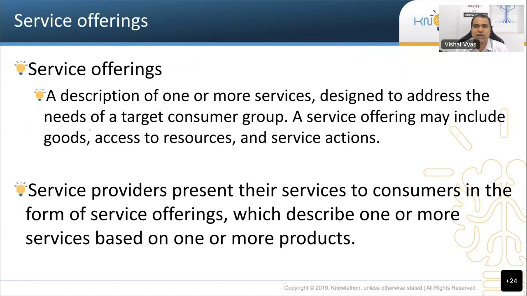Let me explain this point using an example. You want to go from Mumbai to Dubai. There are 10 airlines who offer that flight, right? Can you buy different types of tickets for the same flight? Yes. I can buy 3 types of tickets. I can buy economy class ticket, I can buy business class ticket, and I can buy first class ticket.